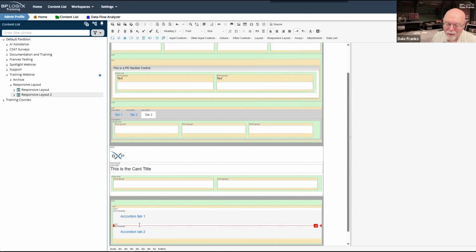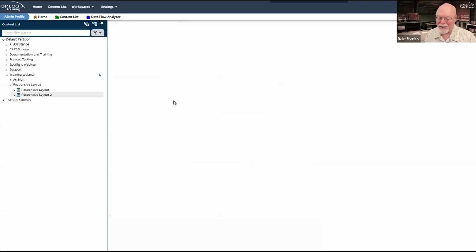So that's accordion tab 1 and accordion tab 2. So I'm sorry, I'm going to have to save and close this for a second. I have to go back to my other form because I have to reconstruct how I did this to make this work.